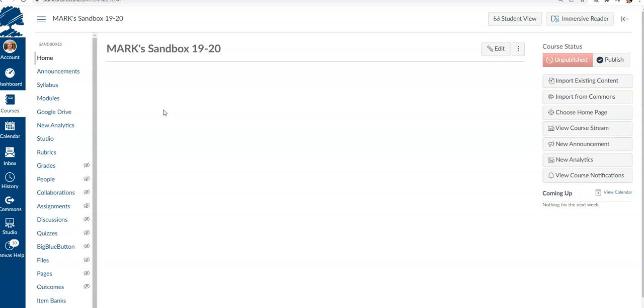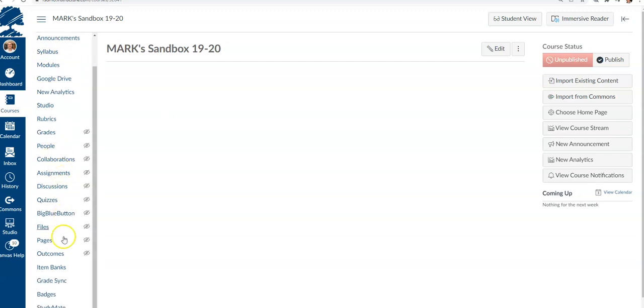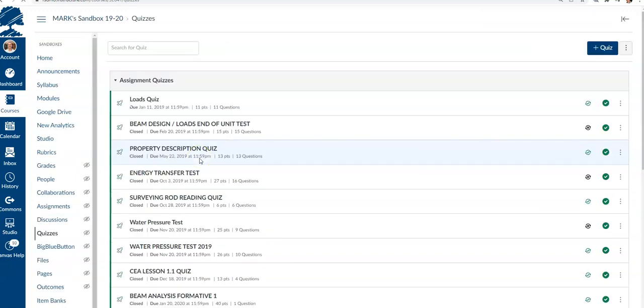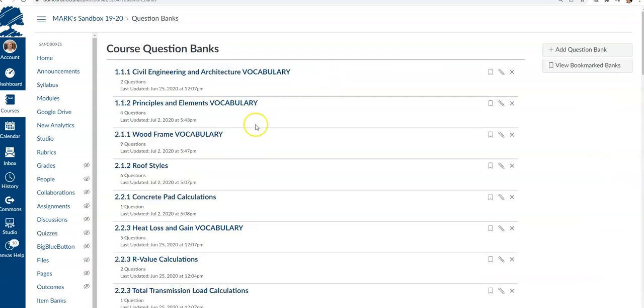And you'll see on the left-hand side of the screen, I have all these different menus, things I can go in, and I already have some quizzes that I have created, kind of an idea of where we're going to be heading. When I go to quizzes, you can see some things loaded for a class that I'm teaching. I can go to question banks out of quizzes also, and I've imported a whole bunch of quiz questions and